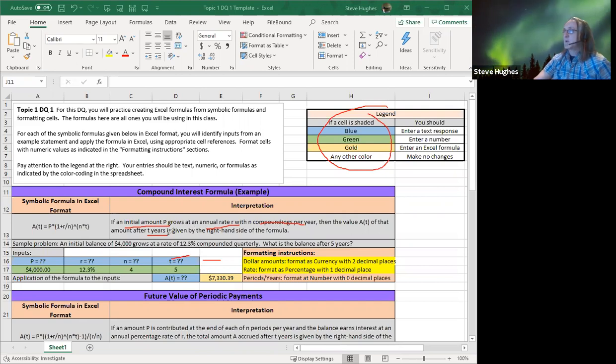Next, we typed in the green numbers. The green is a number, so that's right here on the green row. First of all, notice we typed in 4,000. Why? Because right here it says, suppose you have an initial balance of $4,000. So I typed in 4,000. It says next, it grows at a rate of 12.3%. So I typed in